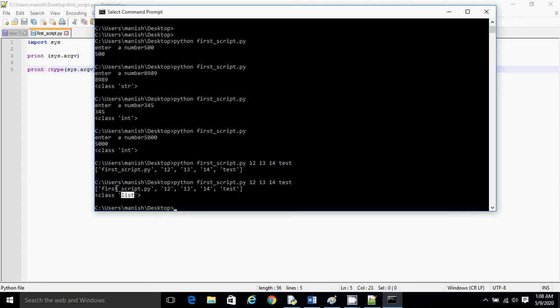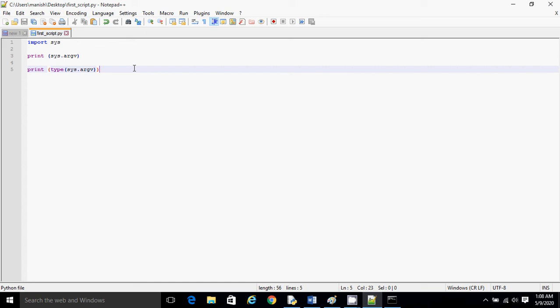Now in this argv, at the first 0th index it will take the script name, and then the first input, then the second input, then the third input, and the fourth input, and so on. So let's see how I can say that at the 0th index only our script name is getting stored.